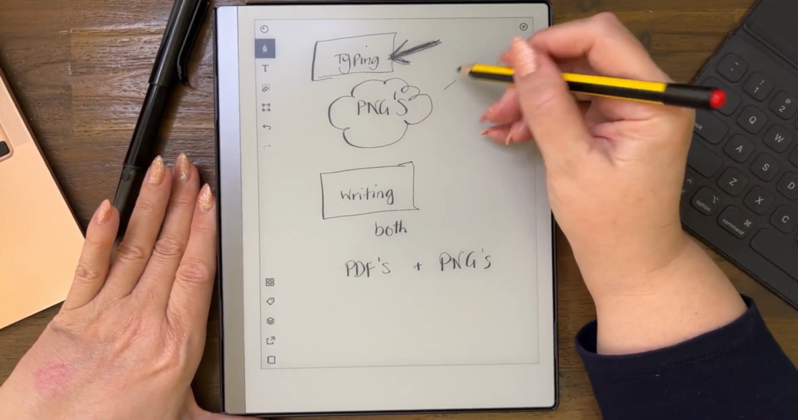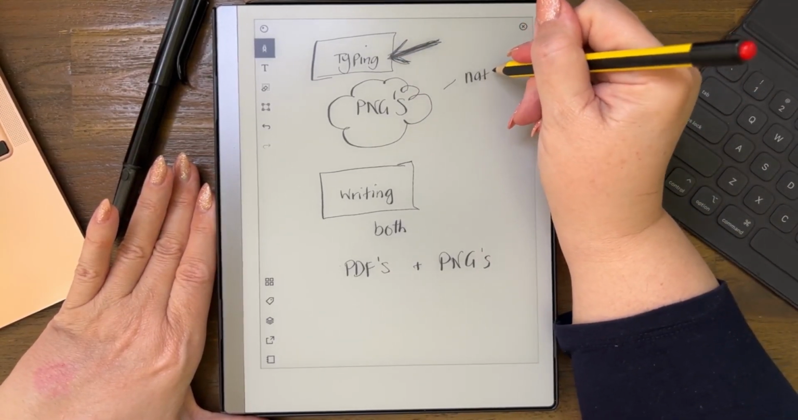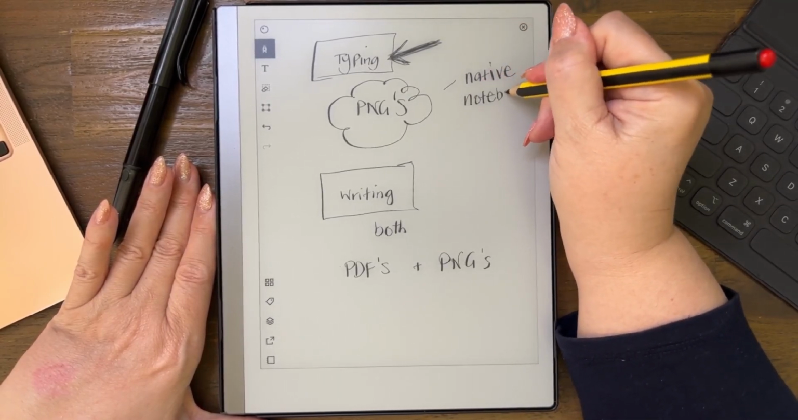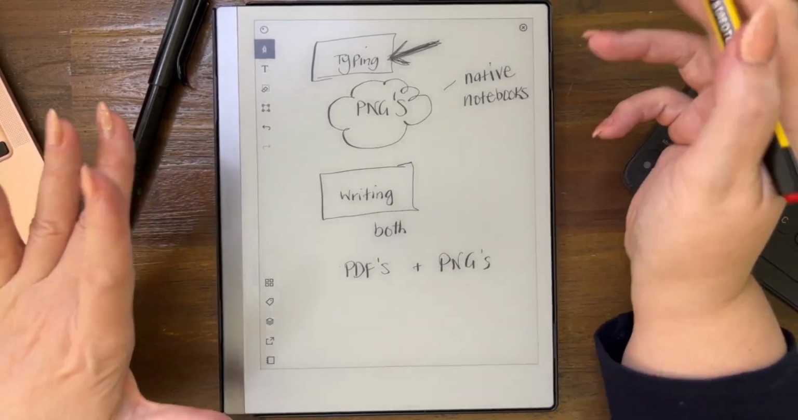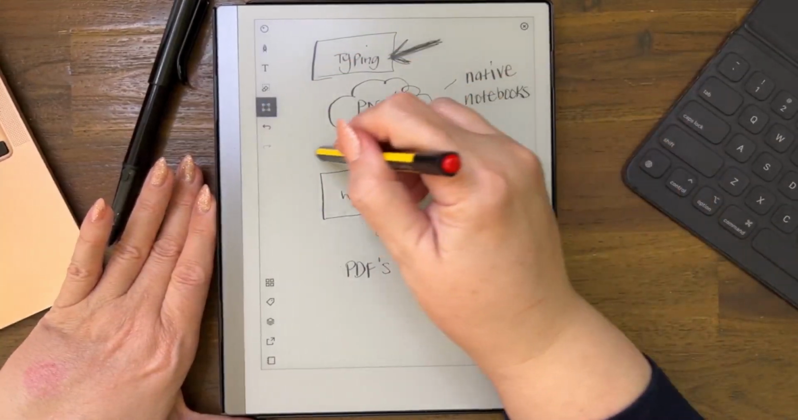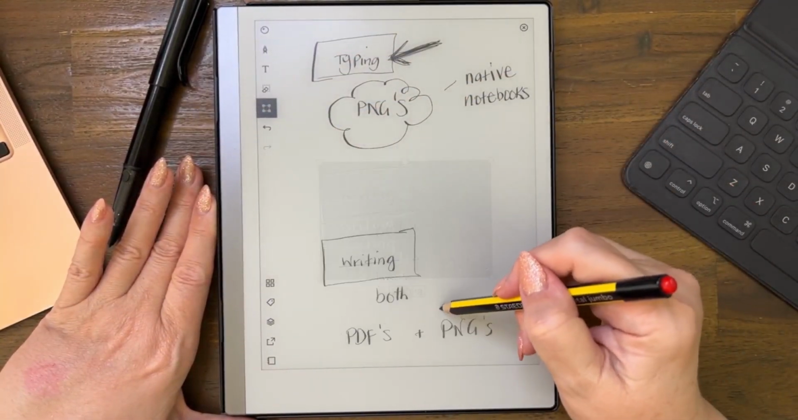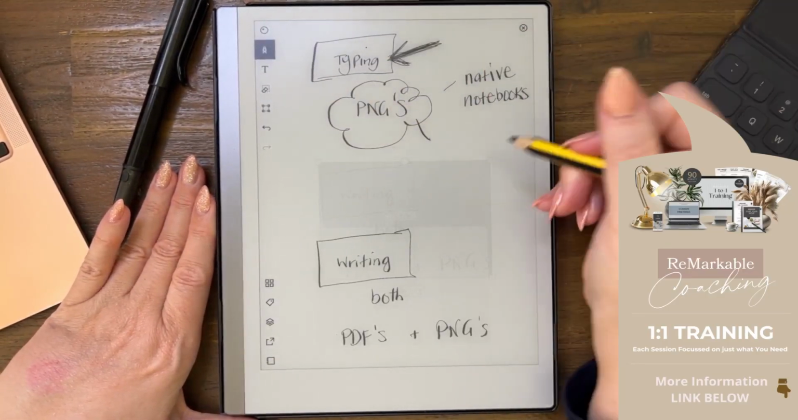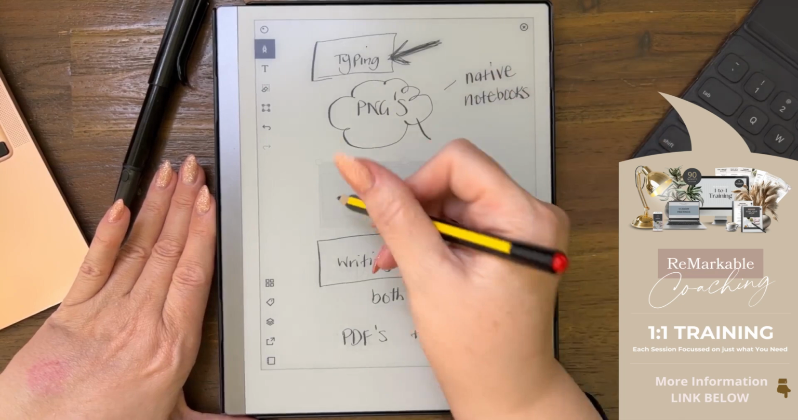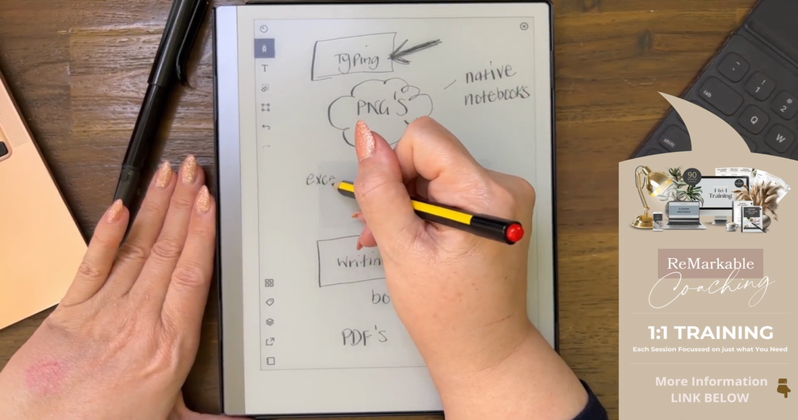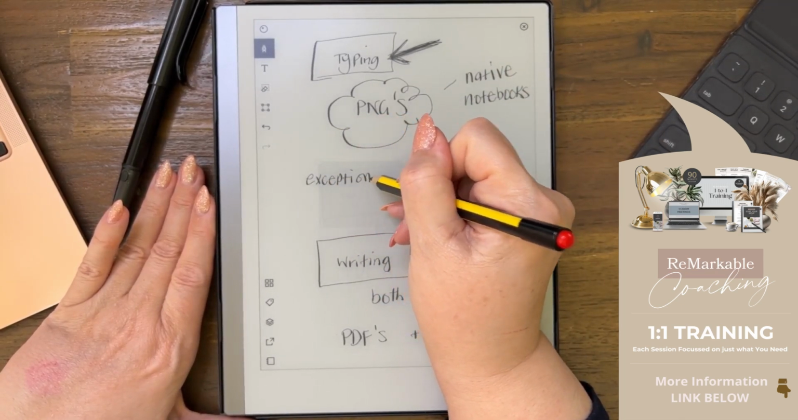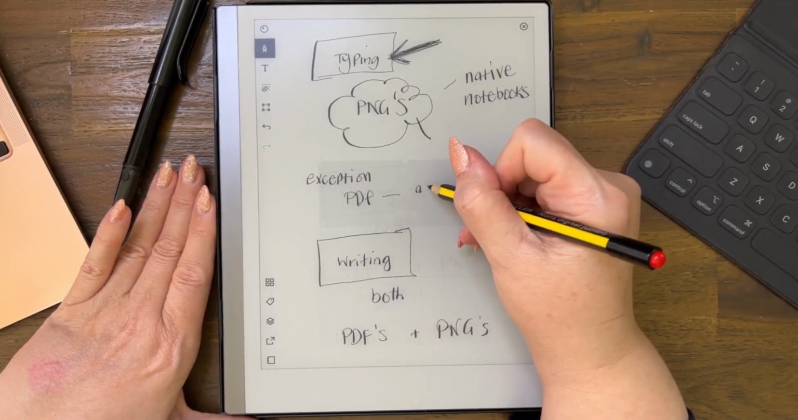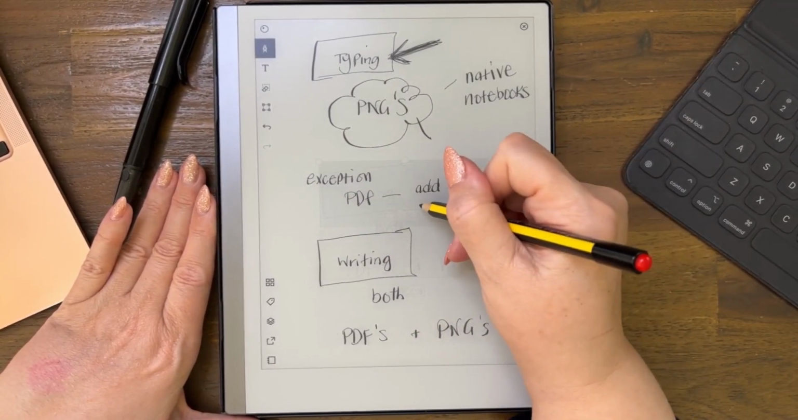then you will want to use the native notebooks. And of course, there is one exception to that rule, because now, let me just move all this down. Now you can, the one exception is that in a PDF file, you can now add, you couldn't do this before, a native